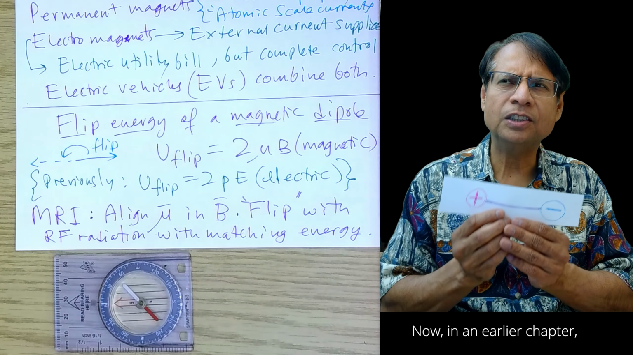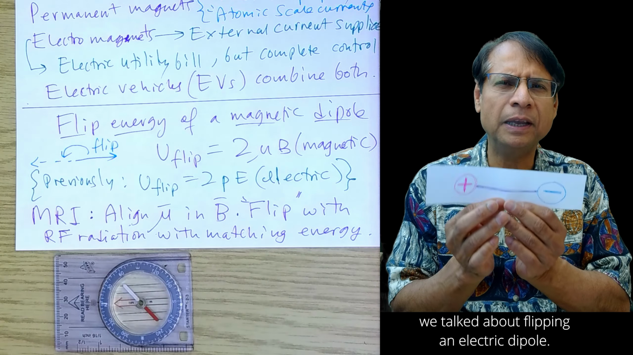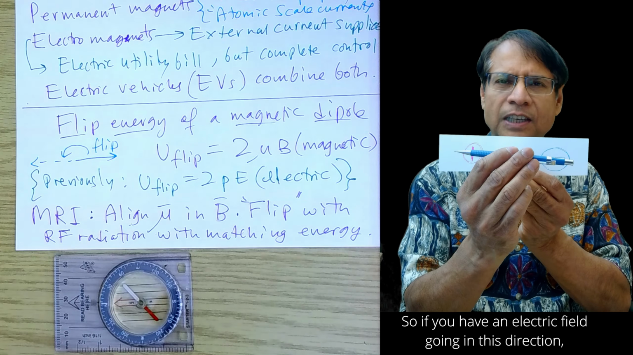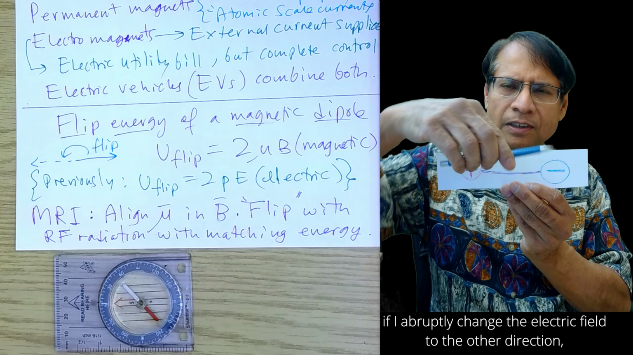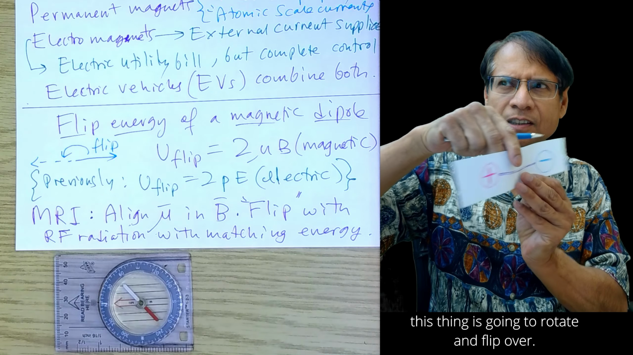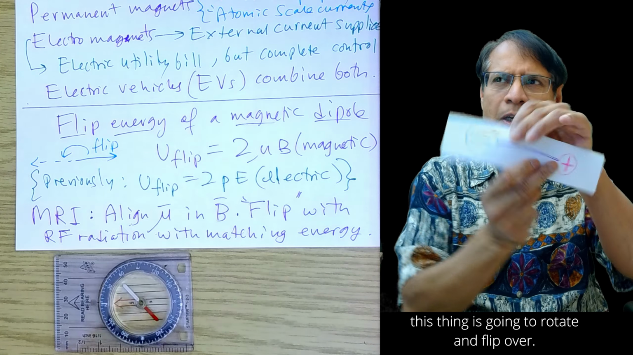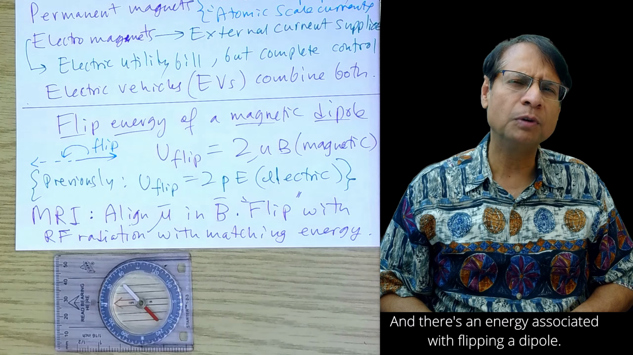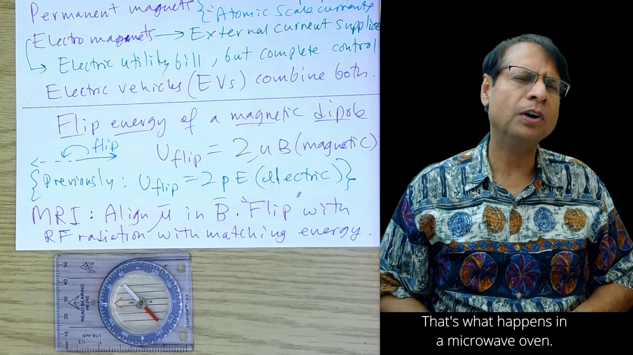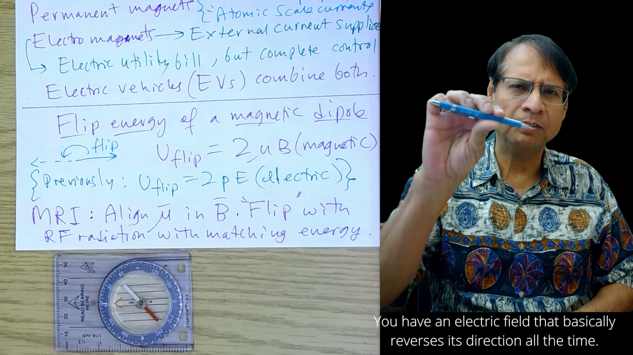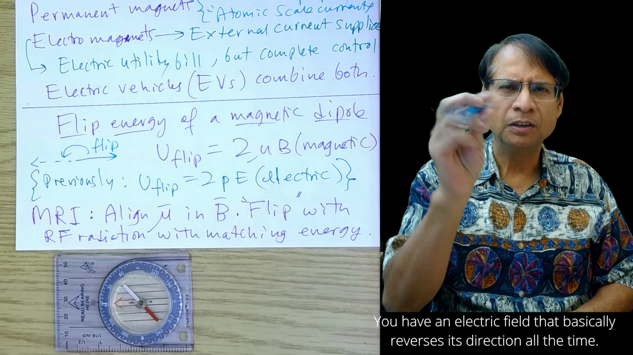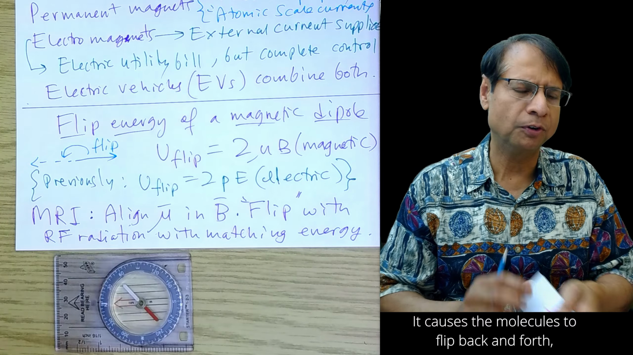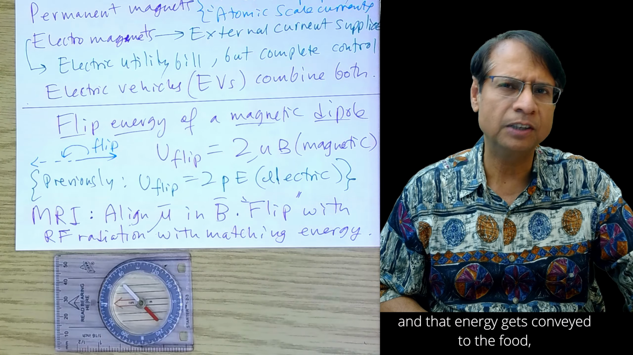Now, in an earlier chapter, we talked about flipping an electric dipole. So if you have an electric field going in this direction, and I abruptly change the electric field to the other direction, this thing is going to rotate and flip over. Basically, it's going to point the other way. And there's an energy associated with flipping a dipole. That's what happens in a microwave oven. You have an electric field that's basically reversing its direction all the time. It causes the molecules to flip back and forth, and that energy gets conveyed to the food,